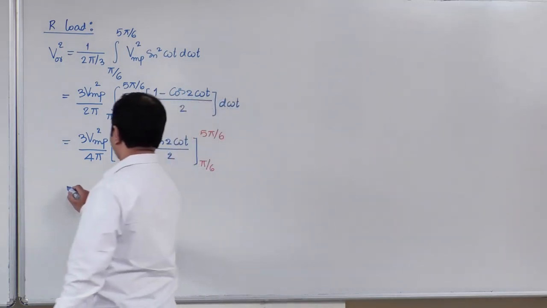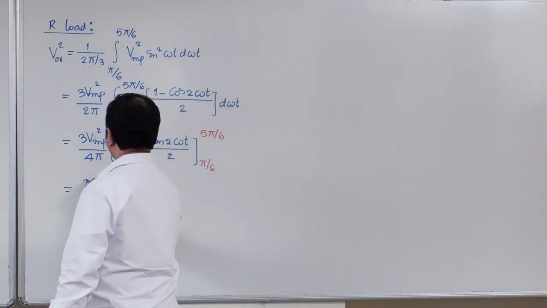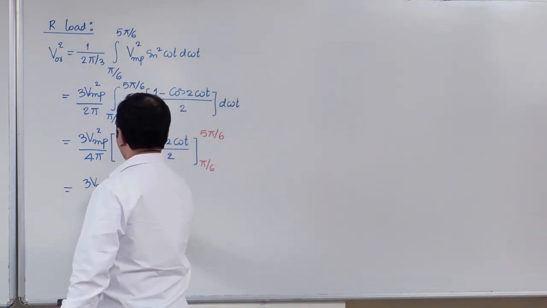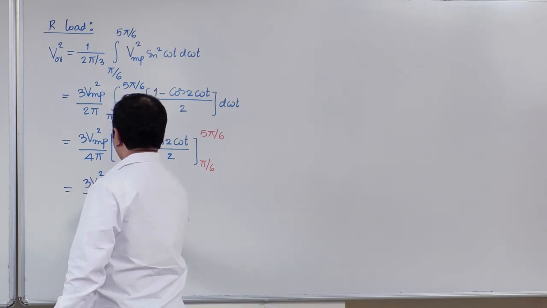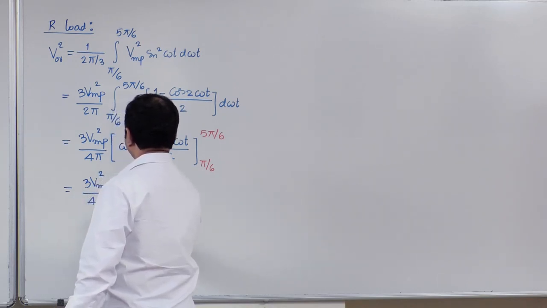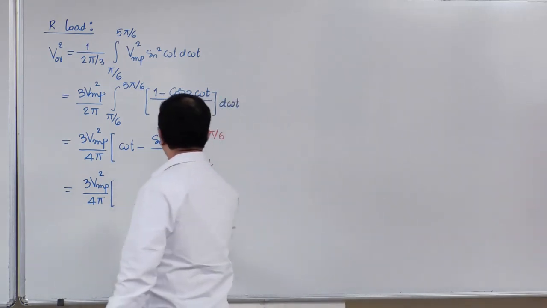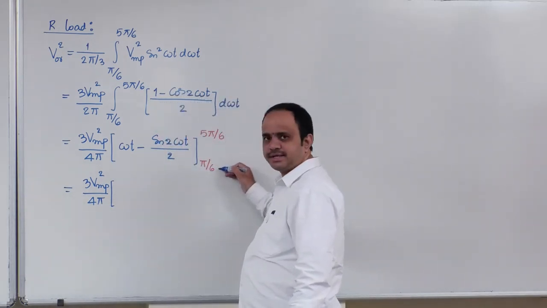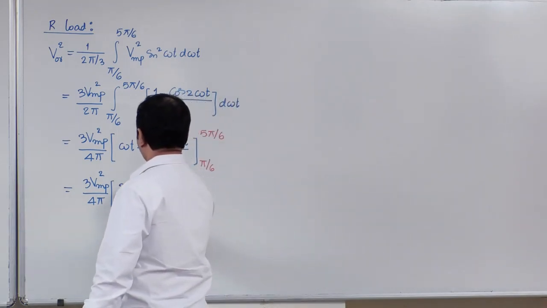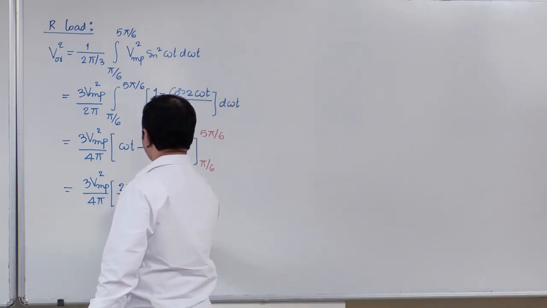Okay. Next 3 Vmp square divided by 4 pi. Now upper limit minus lower limit. 150 minus 30 will give you 120, can be written as 2 pi by 3